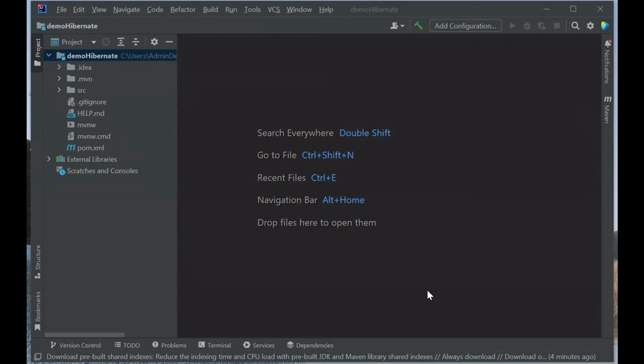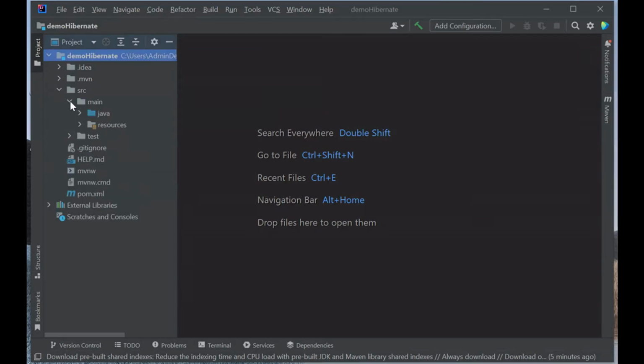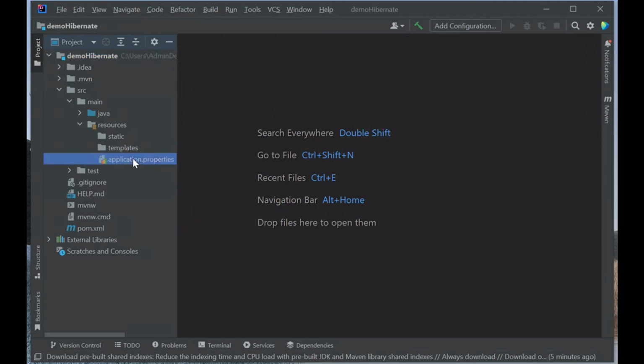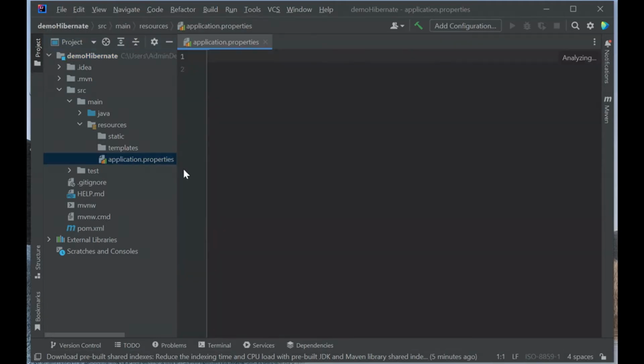Step 2. We need to configure Hibernate in the application properties file. So we go to main, resources, application.properties. This is the file we need to configure. First, we need to set up the data source: the data source URL, the username and the password. For the URL, we need to set it to jdbc: